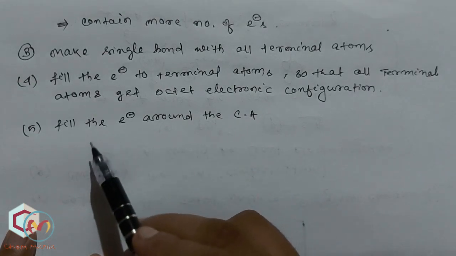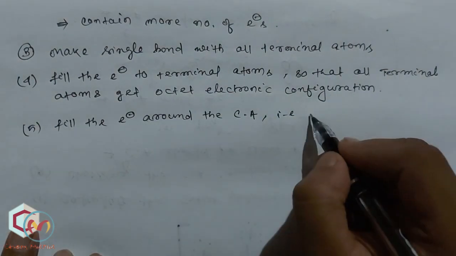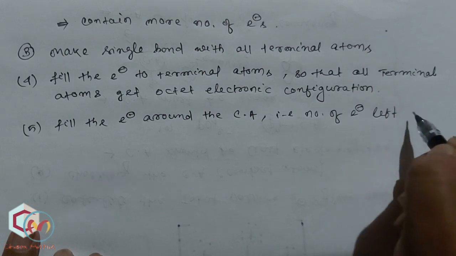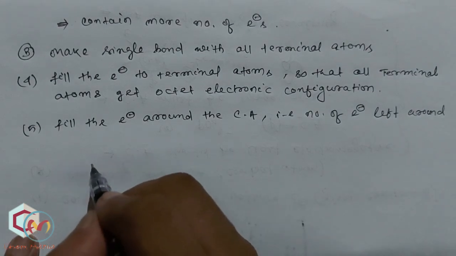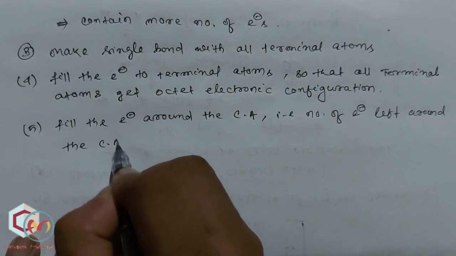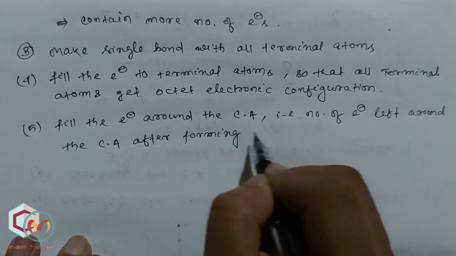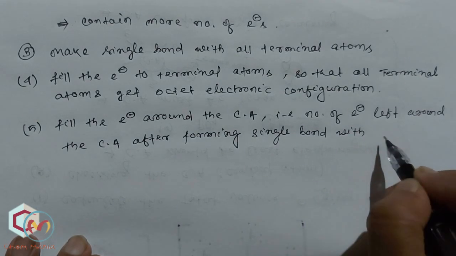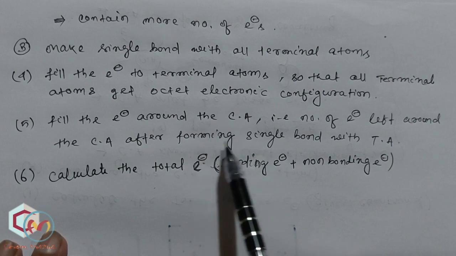Okay, so this one is the fifth rule, that is fill the electron around the central atom, that is number of electron left around the central atom after forming single bond with terminal atom. So next step is that calculate the total electron in that structure formed after the arranging electron around